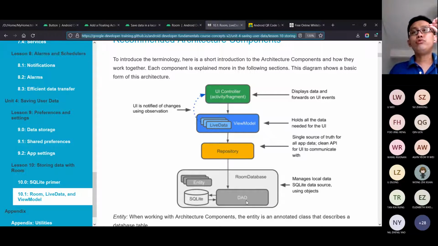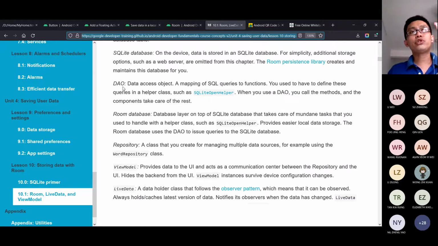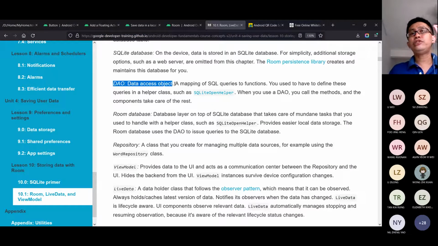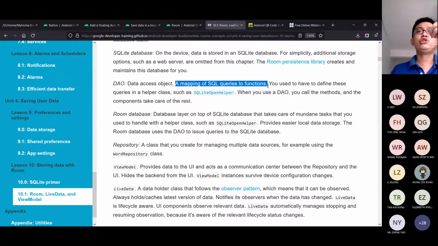And then we also need to execute some queries. As we know, we want to do CRUD. For CRUD, we need to query the database: read, create, update, delete. So there will be a few interface functions that we define inside the DAO. DAO is called data access object. Just remember, this is just a mapping of SQL queries to the functions that you want to execute on your